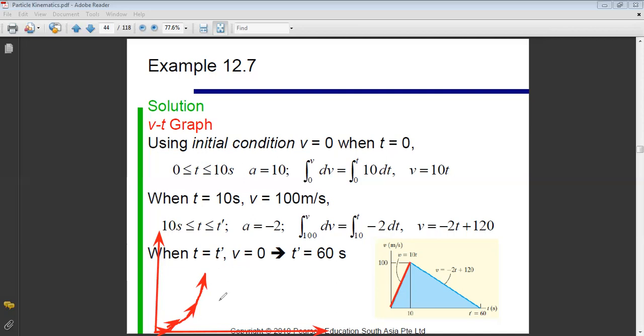So this is for the shape. Now, for the value I reach, when I reach this point, to know what is the value of s here, it's simply the area under the v graph, okay? Because delta S is equal to the area under v, which is equal to the area of this triangle. The area of this triangle is simply 100 times 10,